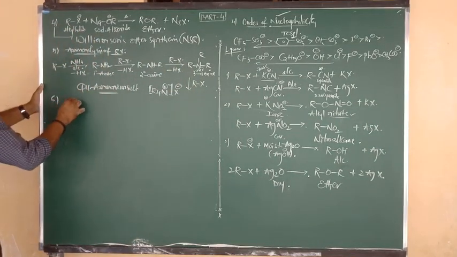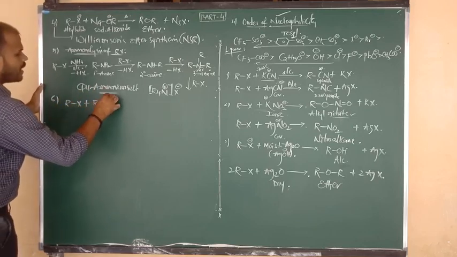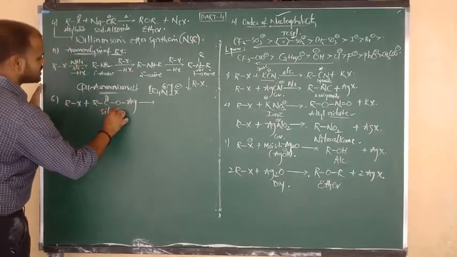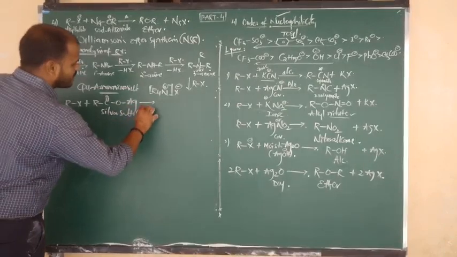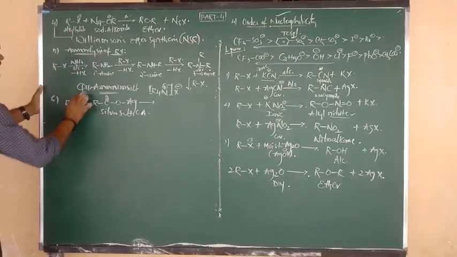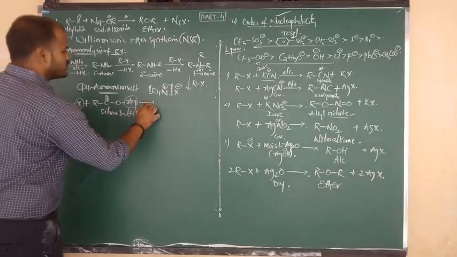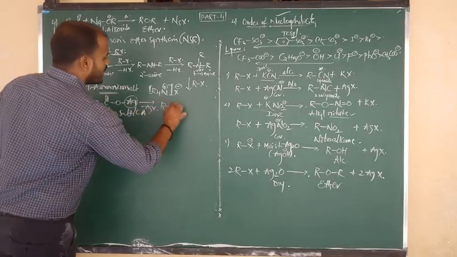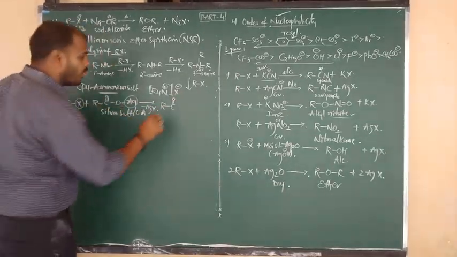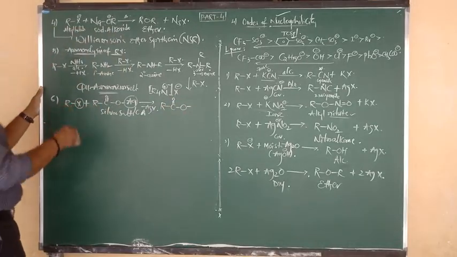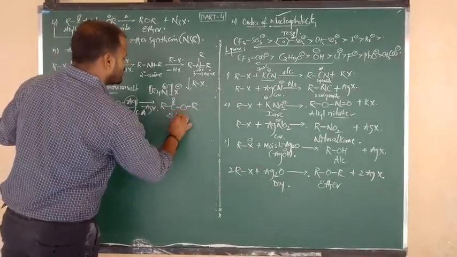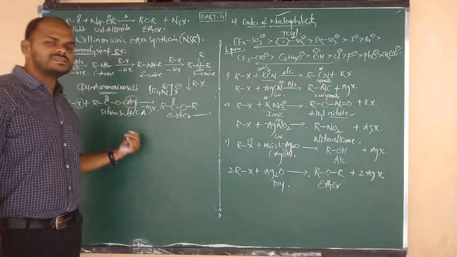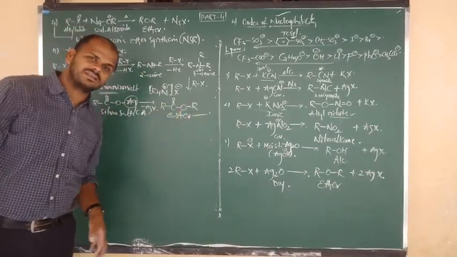Next, continue. Alkyl halides undergo reaction with R bonded to C double bond O bonded to Ag. This is the silver salt of carboxylic acid. Simply, X minus combines with Ag plus and is removed in the form of AgX. The remaining is R bonded to C double bond O, connected to O, and that is connected to another group R. So this is your final product, the ester. Alkyl halides on reaction with silver salts of carboxylic acids give the product ester.